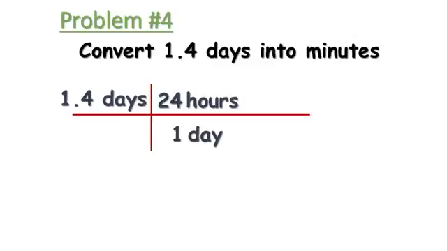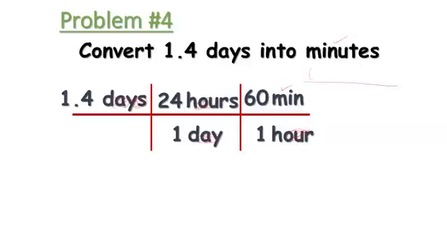Still not done, because days canceled out, but hours is still there. I gotta keep going. My hours goes on bottom. 1 hour equals 60 minutes. That cancels out, and I'm in minutes. It wants minutes, so I can solve. If I type this in my calculator, I would do parentheses 1.4 times 24 times 60 over 1 times 1. I get equals